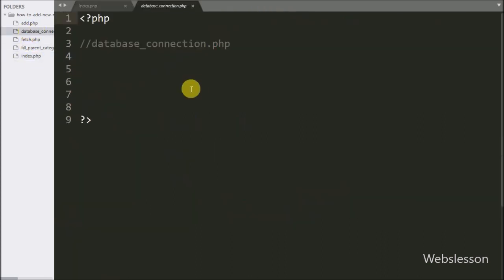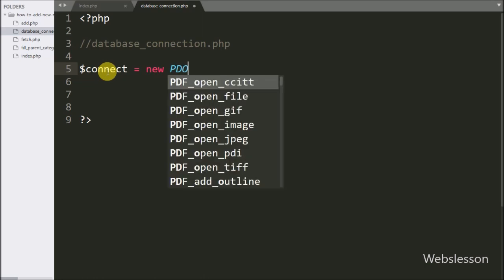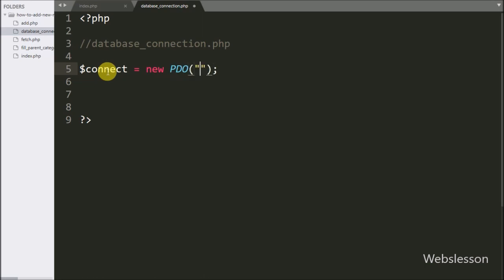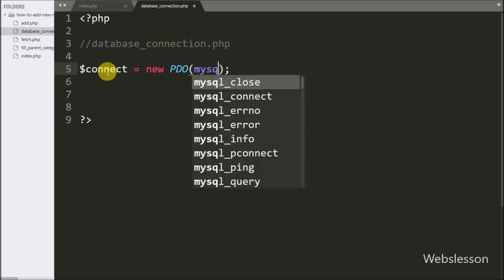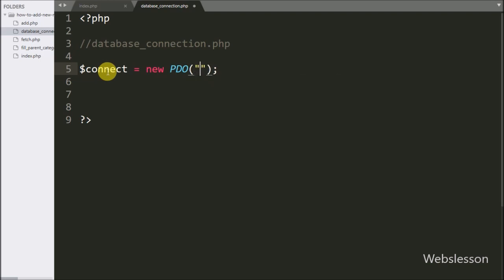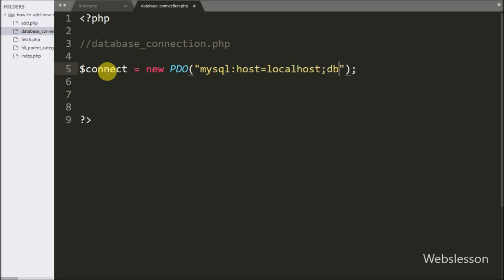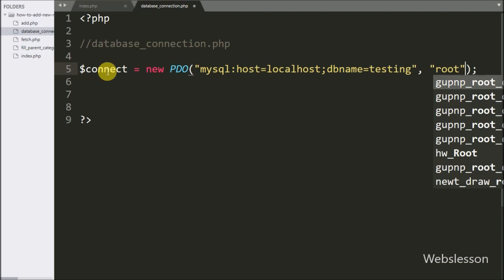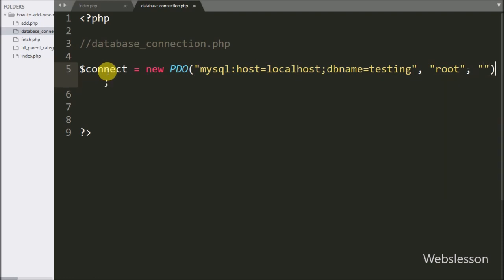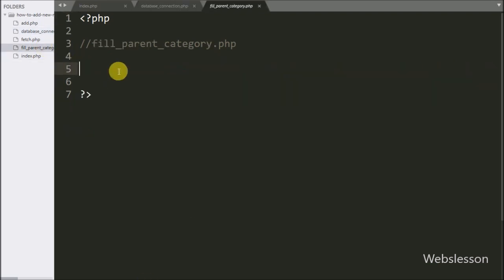Now we move on to write the PHP code. So first we go to the database_connection.php file, and here we write the $connect variable equal to a new PDO class with 3 arguments. In the first argument we write the MySQL host equal to localhost, the database name set to testing, the username set to root, and the password set to blank. After making the database connection,